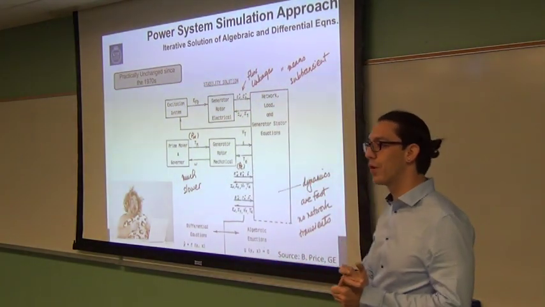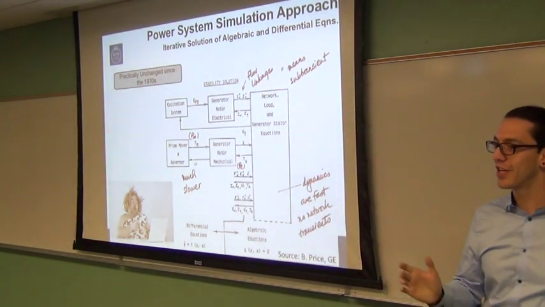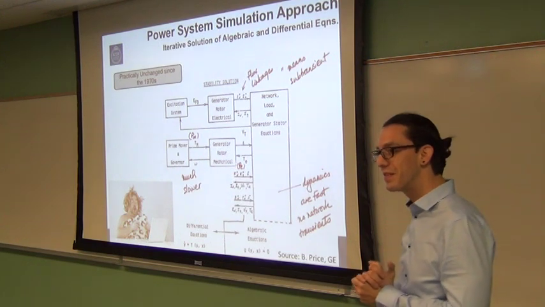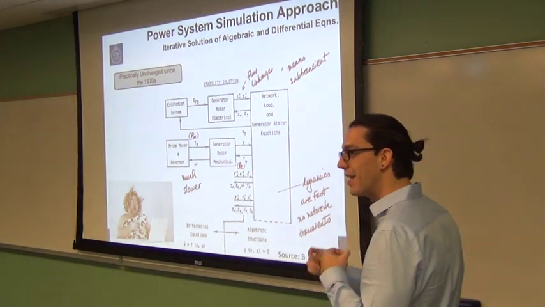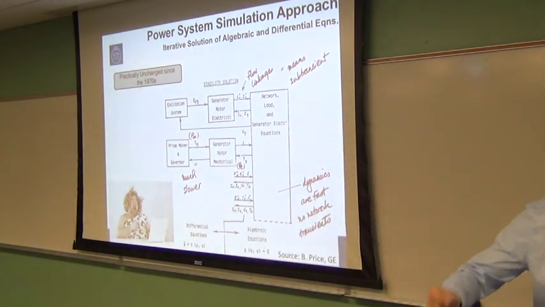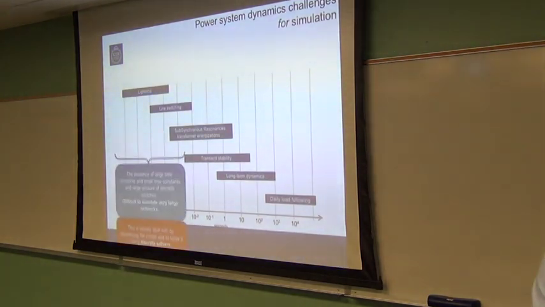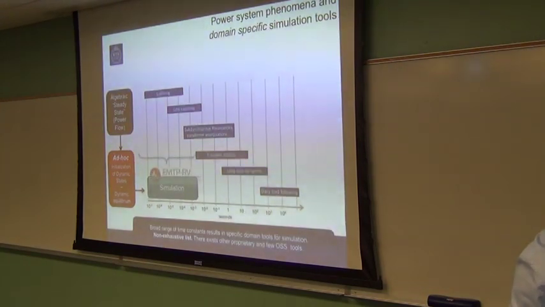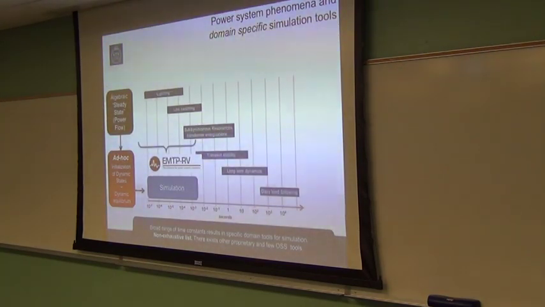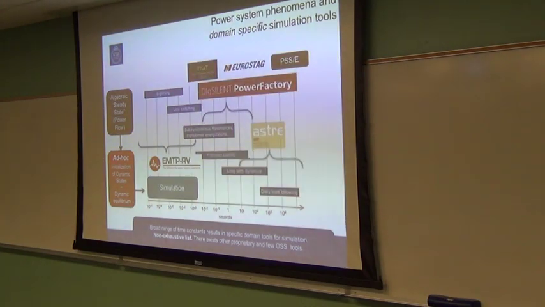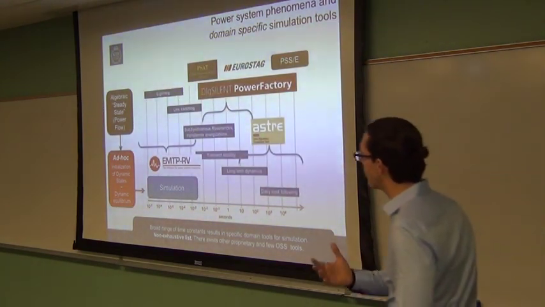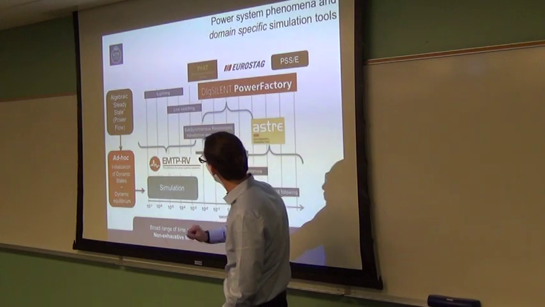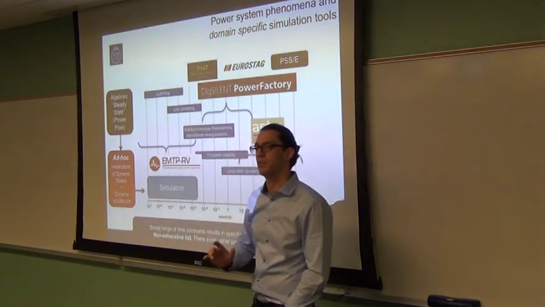The core of what we do for modeling and simulation has not changed more or less since the 1970s. It's really important to understand that that has to bring some limitations to what we do today. Okay, so I'm going to skip this because I have spoken too much about it. But one important thing I want to make here is that because power systems have different time scales, we have come up with different solutions to do simulations, right?